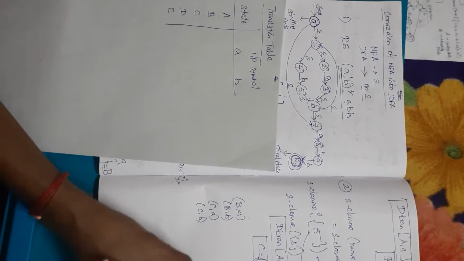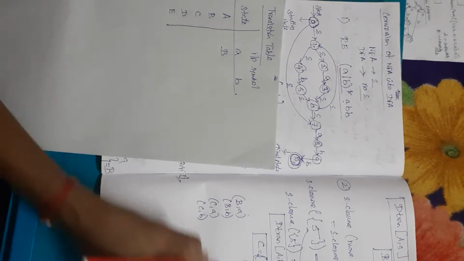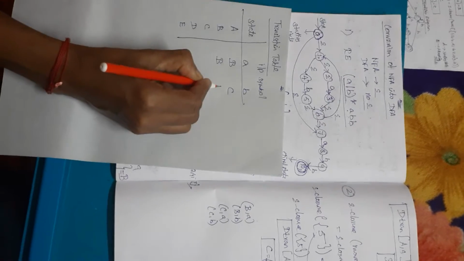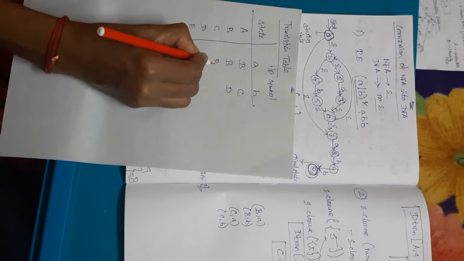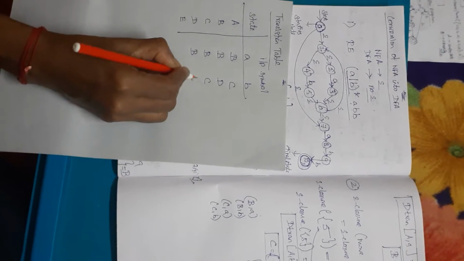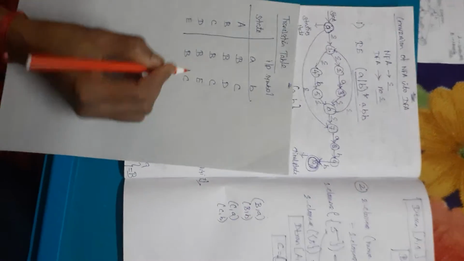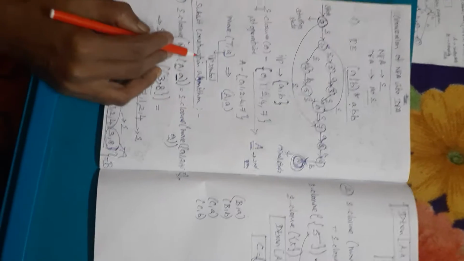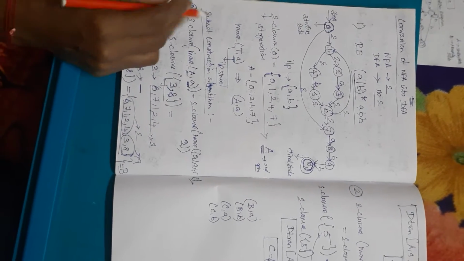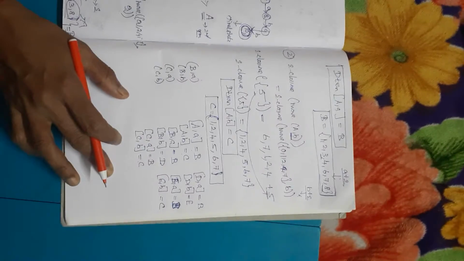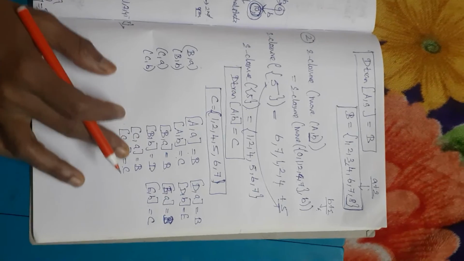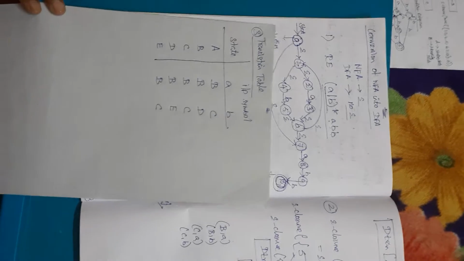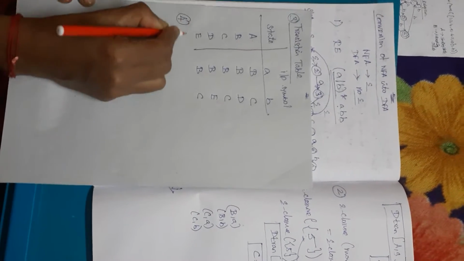So what is A comma A? A comma A is B. A comma B is C. Similarly, you write all the output values for all the input symbols. B comma D, B comma C, B comma E, B comma C. This is for the next step. The first step is to draw the diagram. Second, based on the subset construction algorithm, you solve all the steps of the algorithm. Based on the algorithm output, you write the transition table. This is the third step. What is the fourth step for the given problem? Transition diagram.